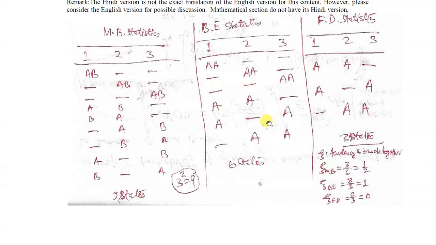But in the case of Bose-Einstein statistics, both molecules being in the same energy state corresponds to 3 possible states. The remaining 3 possible states are those in which the molecules are in distinct states: molecule A in one state, another molecule in another state. So the probability of finding both molecules in the same state is 3 by 3, that is 1. But in the case of Fermi-Dirac statistics, there is no possibility that both molecules can occupy the same energy state, so the probability is 0. So this is the discussion about the quantum mechanical distribution functions as well as the remaining part of the Maxwell-Boltzmann distribution.